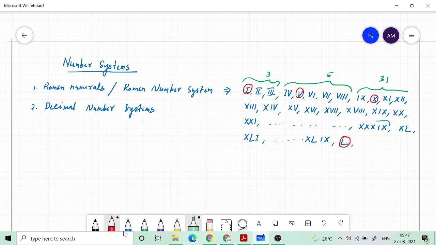So the symbols are required as you go to larger and larger numbers. So this is the way the Roman numeral system is made. After this you can repeat everything here, like